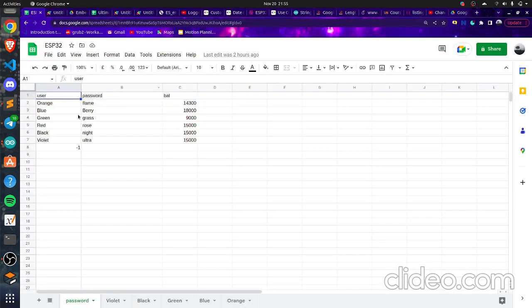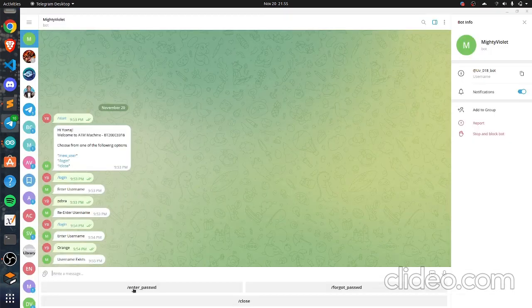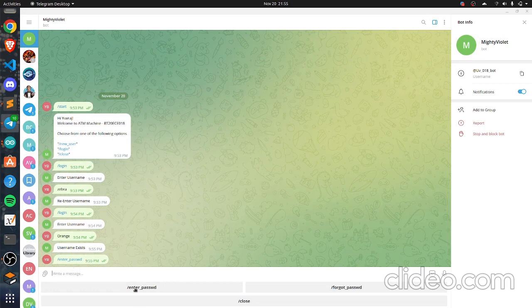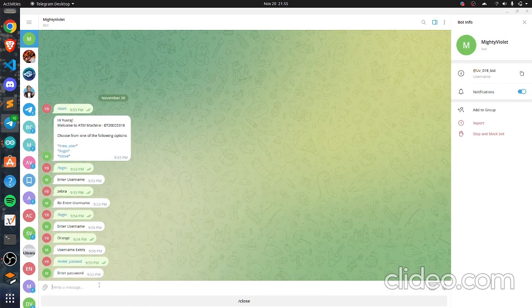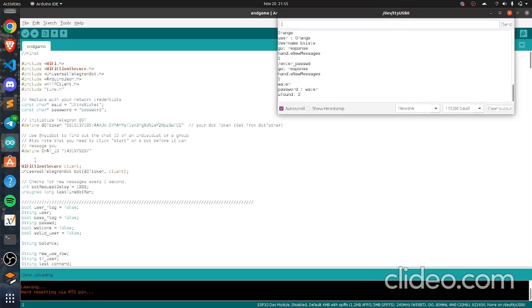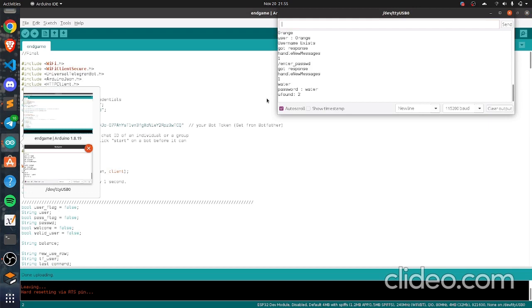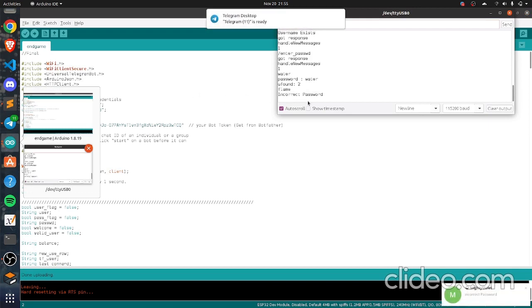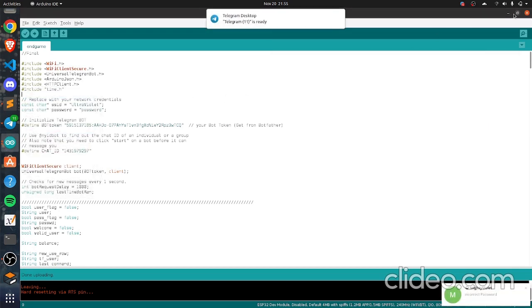Let's see what the password is. The password here is flame. I will press enter password. Now it will take the input as password, and if I enter a wrong password, suppose I enter water, it found the password and the password is incorrect.